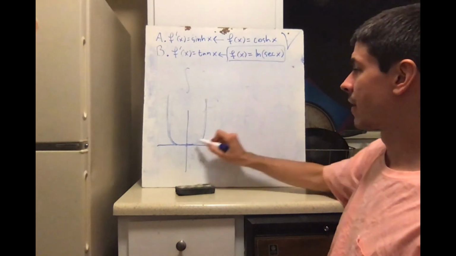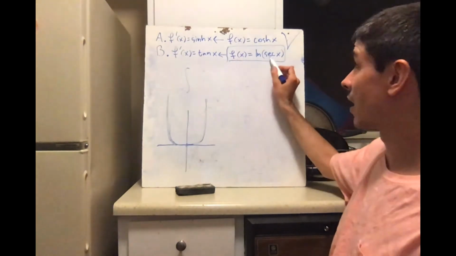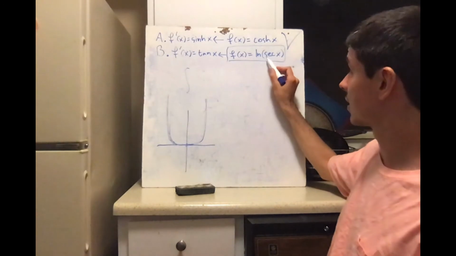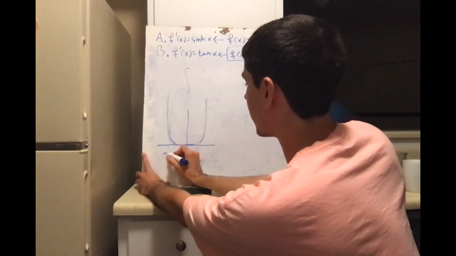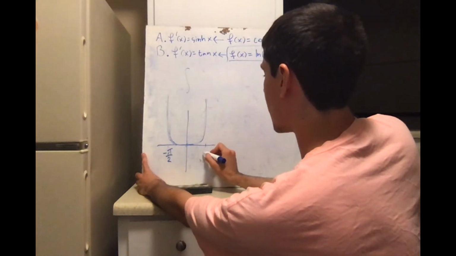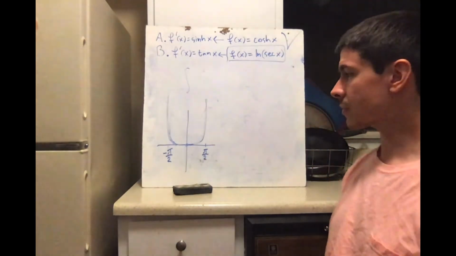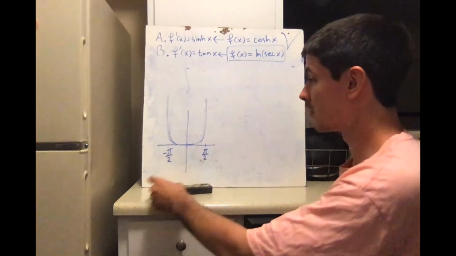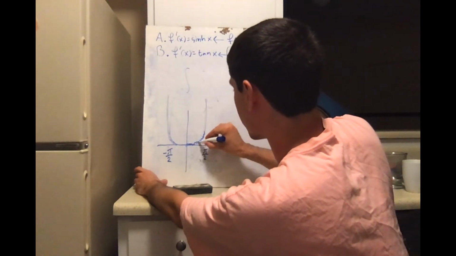And then the asymptotes are where secant goes to infinity. So secant goes to infinity at minus pi over 2, right? Because that's where cosine goes to 0, and secant is 1 over cosine, and then pi over 2, so plus or minus pi over 2. So that's what the curve looks like, and we're going to start from 0. So we're going to find the length going along from 0